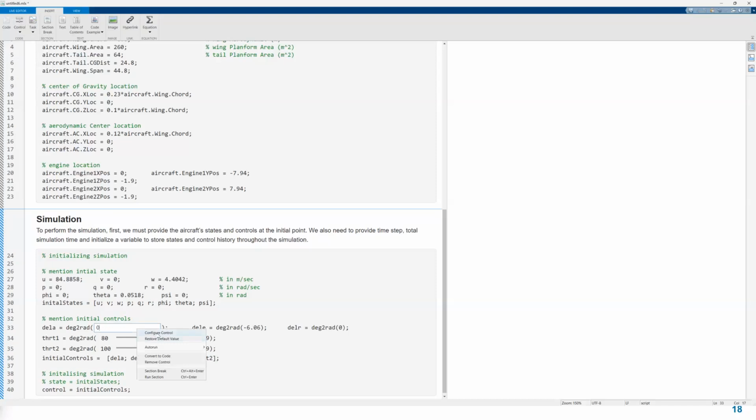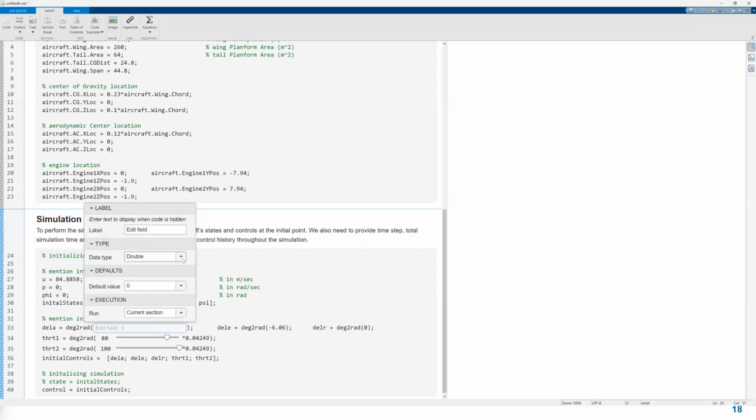If I right click here, I see the configure control auto run function, so let's see what is in the configure control. I can tell it that this has the data field, which is the double type. Its default value is 0. If I'm changing this value, this is going to run the current section. But if I want that once I do this, not the current section but all the sections should be run,